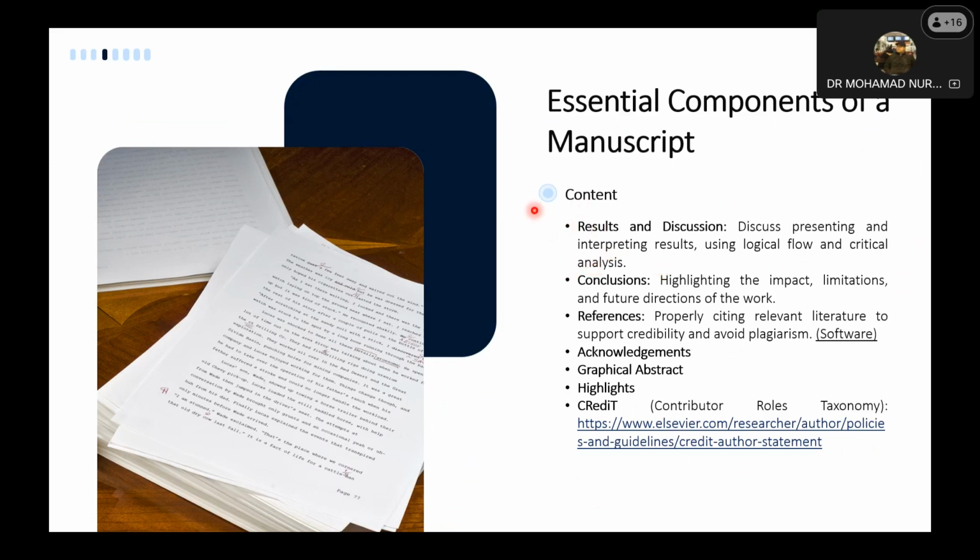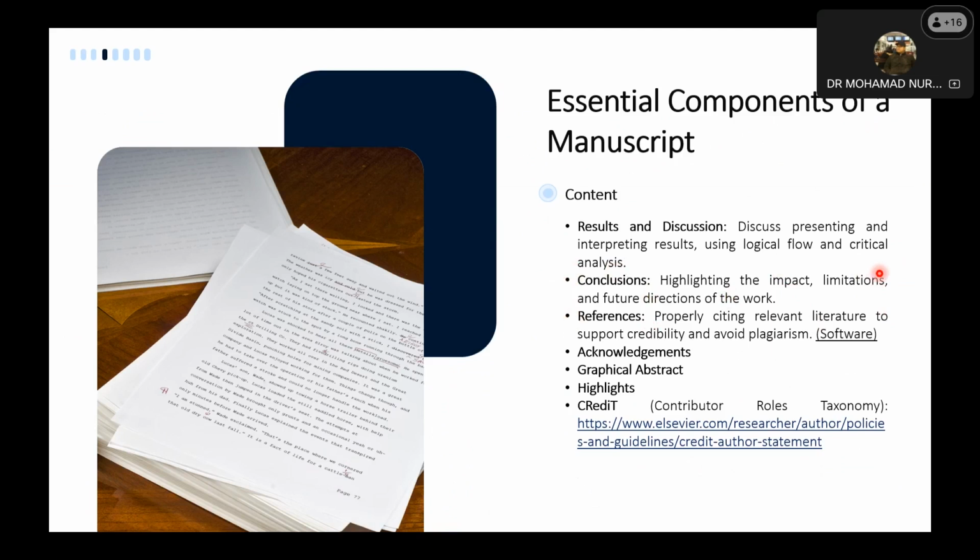So for the time being, this is very critical for you to learn, relearn and co-learn, together with me as a supervisor. It's better to read more papers to see how other parties explain their work. And lastly, the conclusion highlights the impact, limitations and future direction of the work. This is very important, as the conclusion concludes all the findings that we have. It's not a very simple statement, but sometimes there could be a middle range discussion about the conclusions.